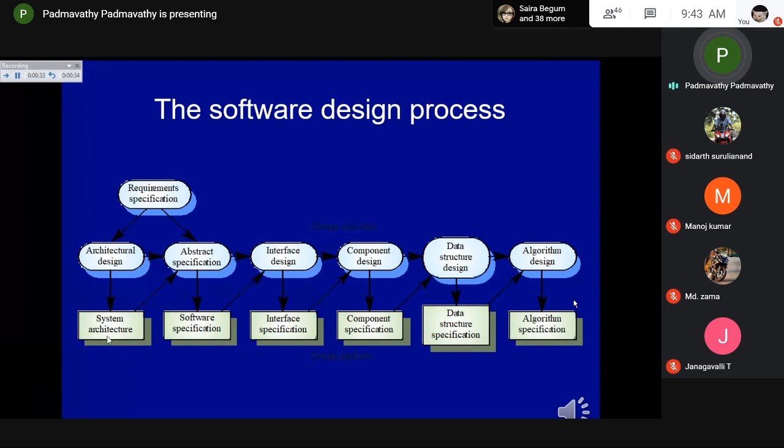Okay. So after this, the abstract specification is done. Using the abstract specification, the interface is designed. So what are the user interfaces that you have in your software that you're going to design, that is specified here. And also the software specifications, like what is the version of IDE that you want, whether you're going to use Java SDK tools or any other IDE, or you need ODBC, JDBC, or you're just going to use C++, and all these things you decide.